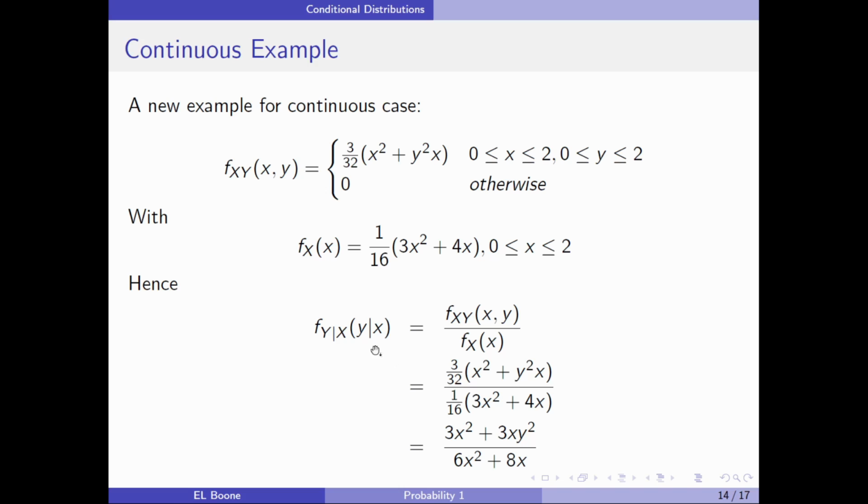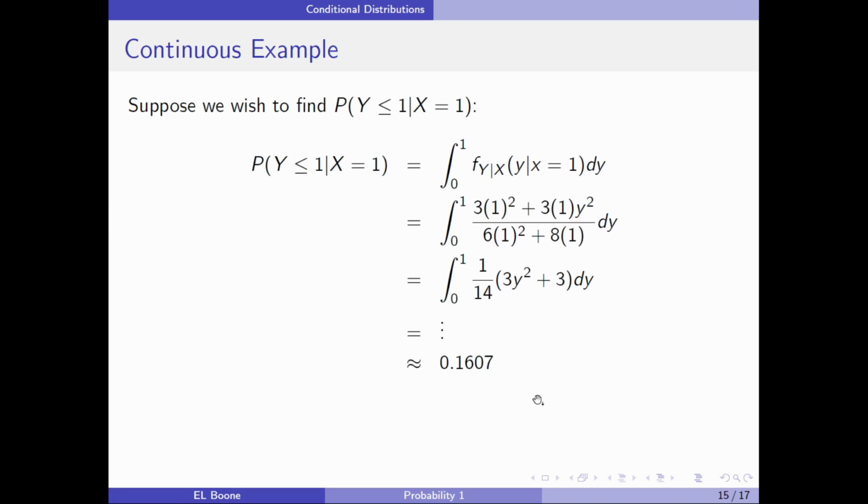And if I'm interested in f of y given x, well, that's f of xy over f of x. You would just plug things in, and this is where you end up. And you say, yay, I end up here. Well, okay, so let's keep going just a little bit. Suppose we want to